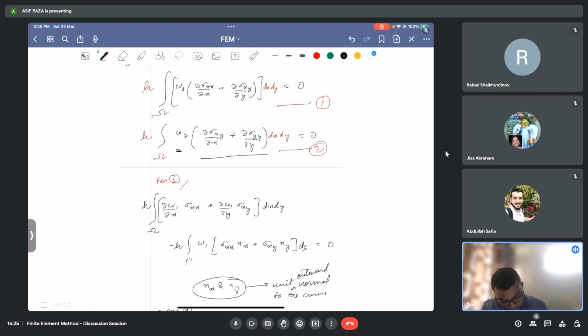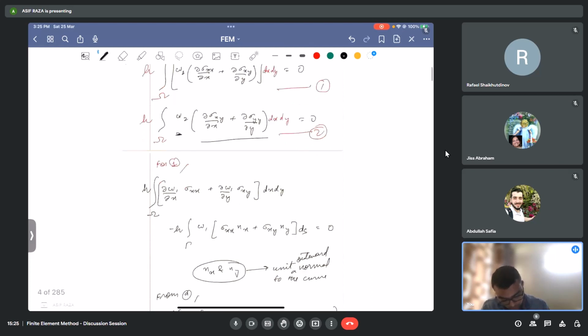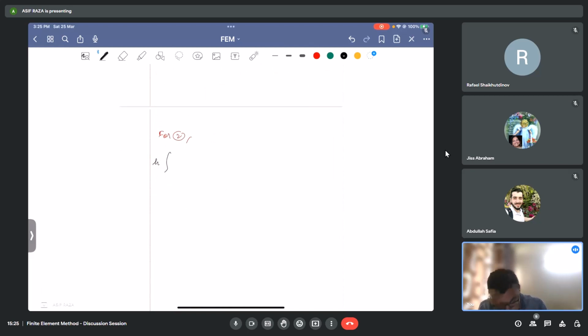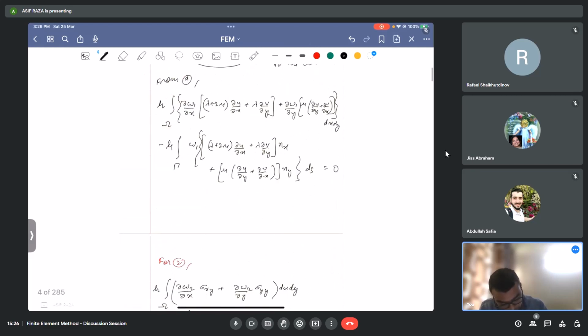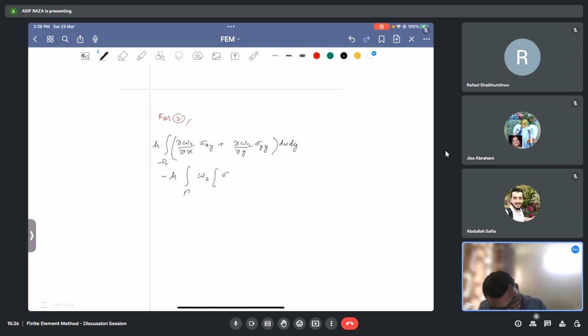So using integration by parts, we can write h in the domain of del w2 by del x sigma xy plus del w2 by del y sigma yy, dx dy, minus h line integral w2, and this is sigma xy nx plus sigma yy ny over the boundary, equal to 0,